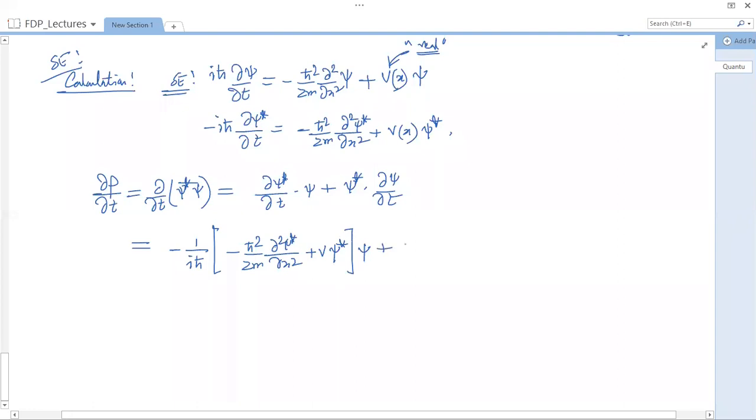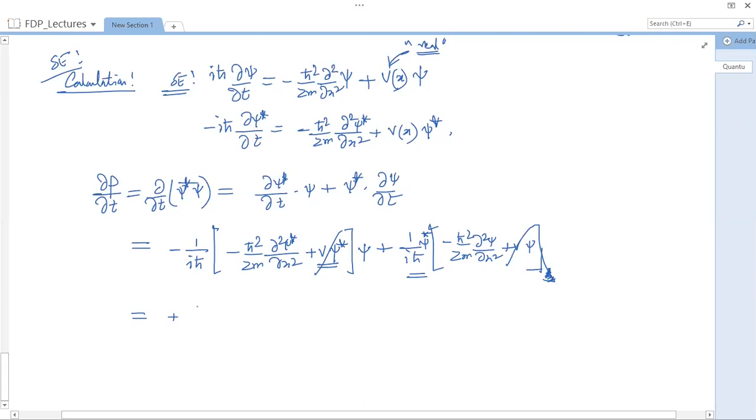And the next one you get plus 1 by i h bar, the entire thing: psi star times minus h bar square by 2m d2 psi by dx square plus V psi. And surprisingly, minus 1 by i h bar V psi star psi and plus 1 by i h bar psi star V psi, these two terms cancel. And what you are left with is